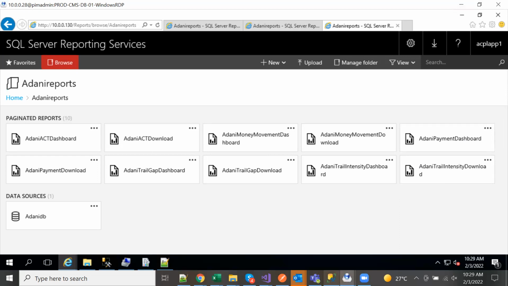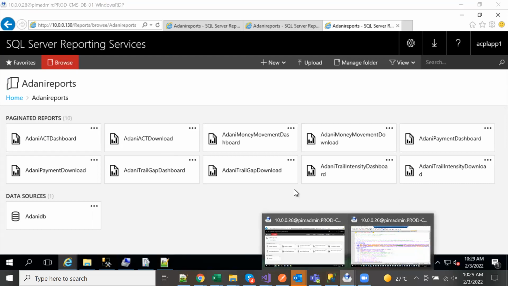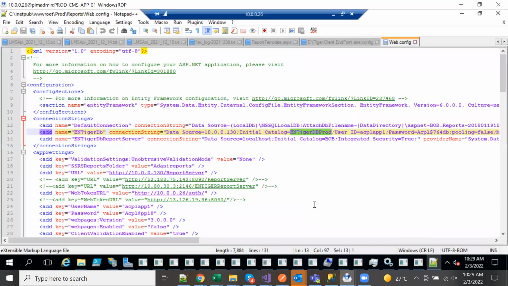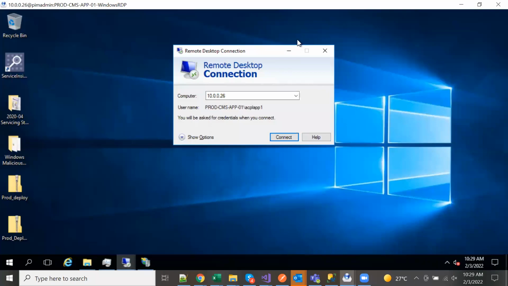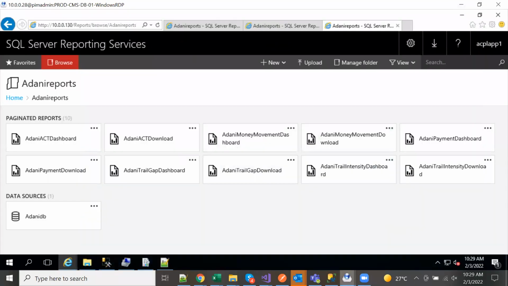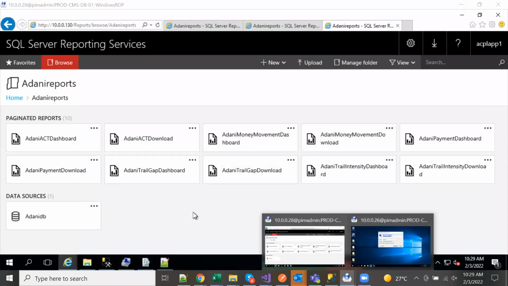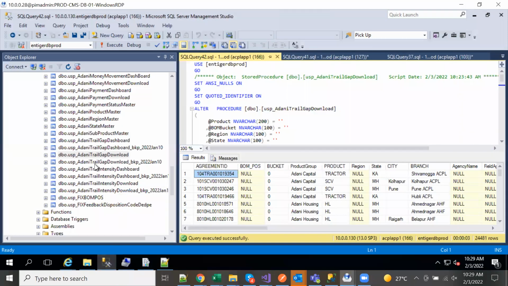And to summarize, once you have got these RDL files, you find out where you can find the stored procedure and what the name of the stored procedure is. Mostly the naming convention is followed, and that's why for the trail gap report you will find trail gap dashboard and trail gap download.